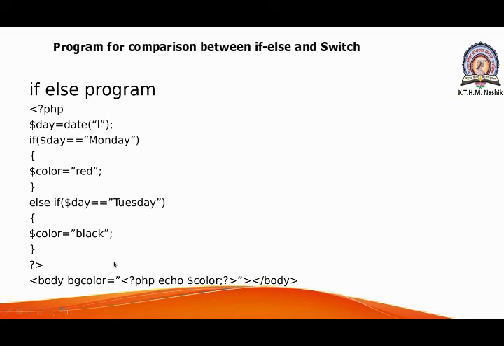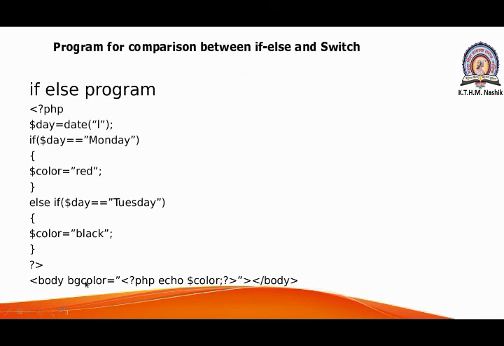So here there is only one else part, or suppose two else parts. But whenever there are more and more else parts in an if else program, then that program becomes big and also confusing, and when anyone reads it, he can't understand easily. So if we execute this program, the output will be according to the day we execute it. See, here we end our previous PHP program.